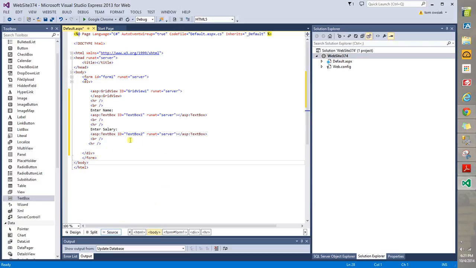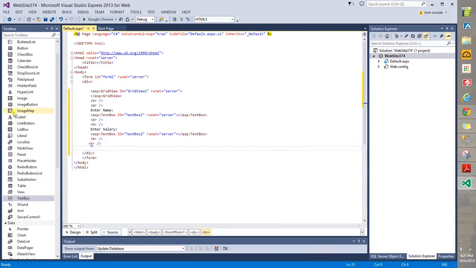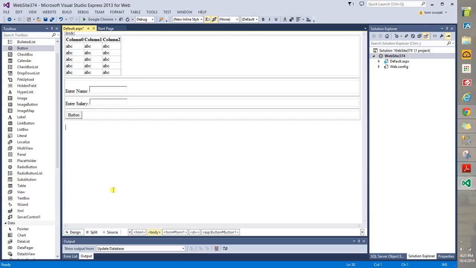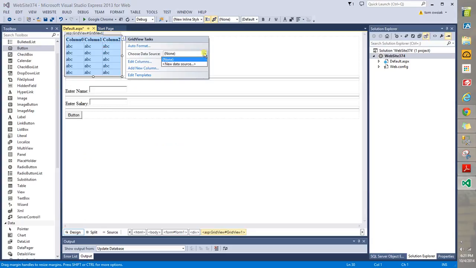Cool. Now, at this point, we are going to take a button from here, drag and drop it into the space. So there's our button. Let's go back to design view. Now we also need to add a database connection. We can do this in a couple of ways. Or you can just click the grid view, choose a smart tag, choose this, new data source,